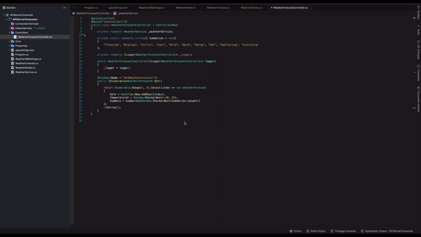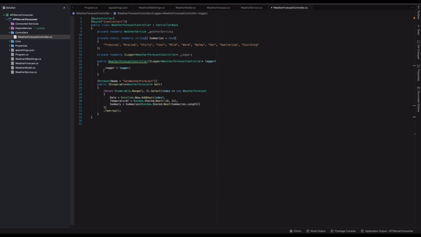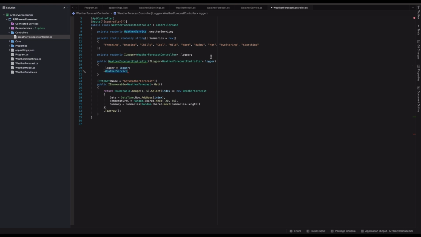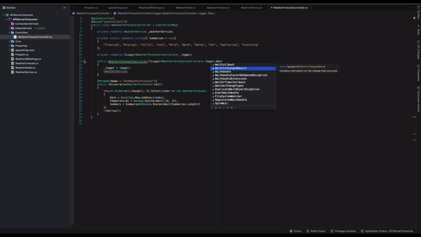And yeah, that I already used it. Everything I'm keeping as it is, logger and everything. And I'll just inject the weather service here, and I'll pass it from, okay, so weather service,